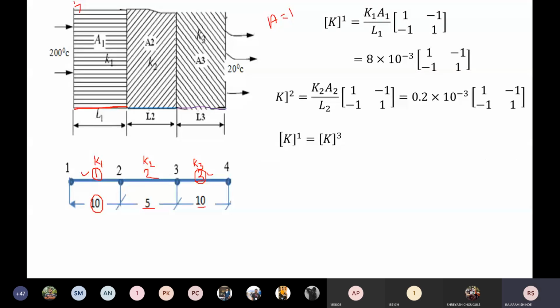Now you tell me what will be the size of the global conductivity matrix? It is 4 by 4. Yes, it is 4 by 4. Now here total degrees of freedom are temperature at this node, temperature at this node, temperature at this node and temperature at this node. There are 4 nodes. So we are getting 4 temperatures at 4 nodes and so your total degree of freedom is 4 and your global stiffness matrix is 4 by 4. Now if we go for the first conductivity matrix, here third row, fourth row, and third column and fourth column have 0 elements. Do you agree with this?